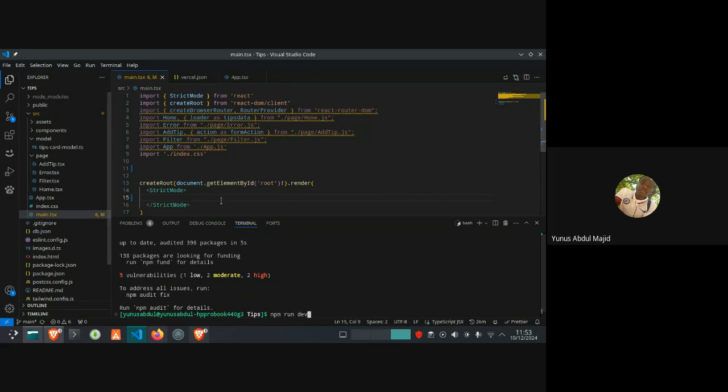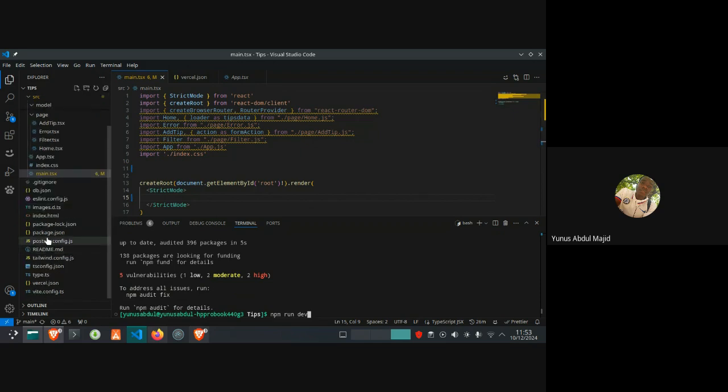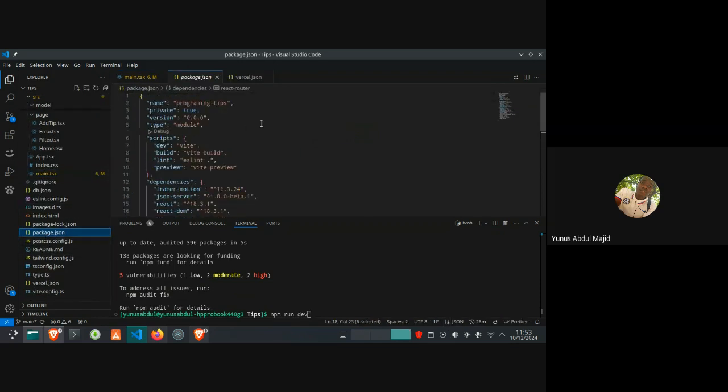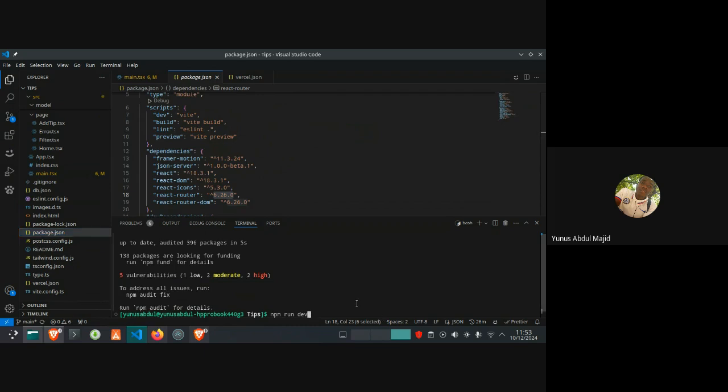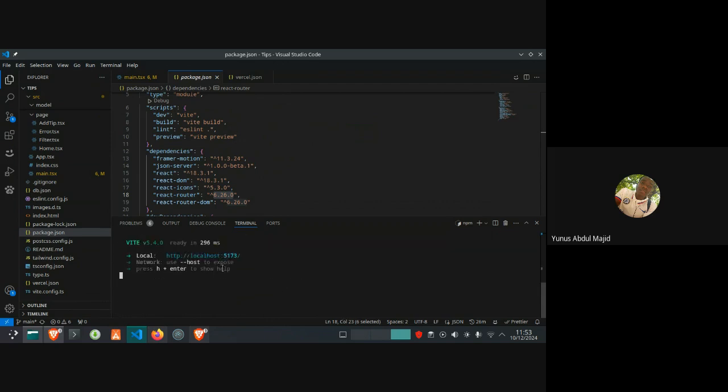But in case you find it difficult to remember which one to use, you can just check the package.json, and you see the scripts there. In some other project you see start, but for this one it shows dev, which is what we use to run your project. So npm run dev, click on it, and it will show us the link to follow.